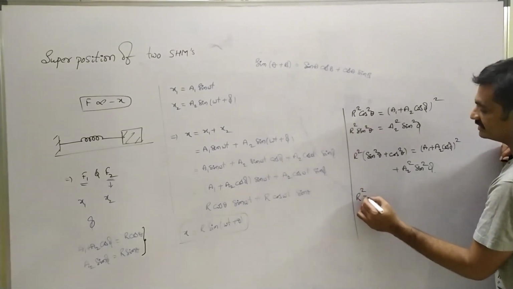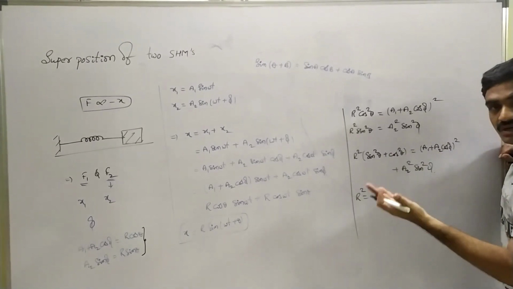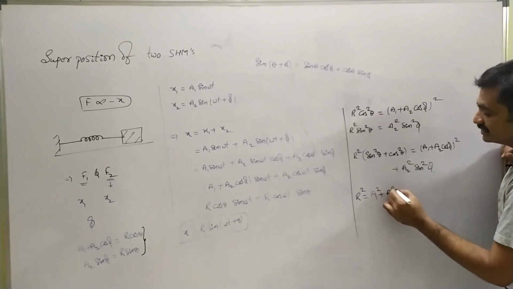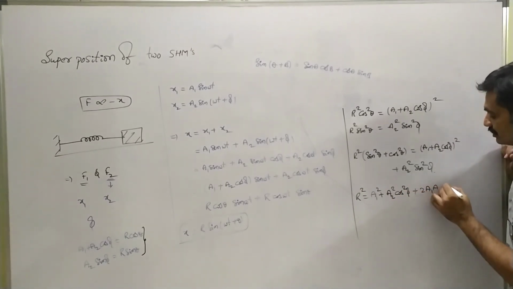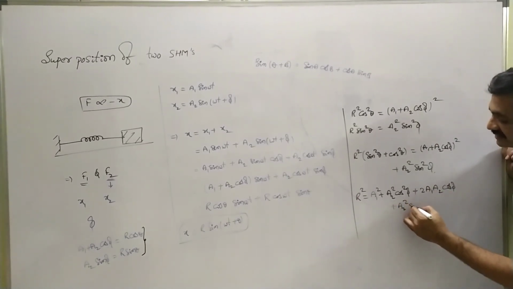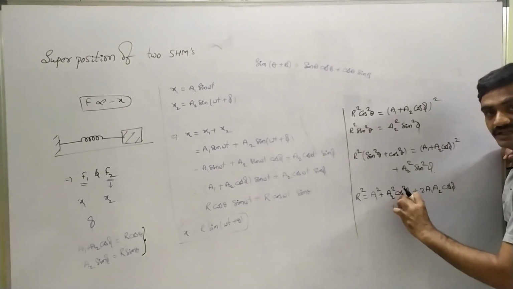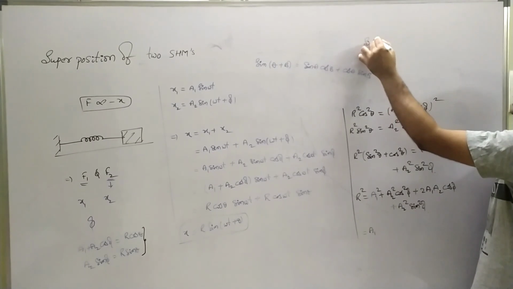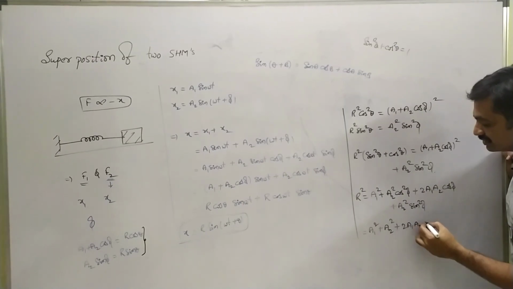Then we have r square equals, observe that it is in the form of (a plus b) whole square, which can be represented as a square plus b square plus 2ab. Then we can represent it as a1 square plus a2 square cos square pi plus 2 a1 a2 cos pi plus a2 square sin square pi. Observe these two terms: we can take a2 square as common, and we know that sin square theta plus cos square theta equals 1. So we can represent it as r square equals a1 square plus a2 square plus 2 a1 a2 cos pi.